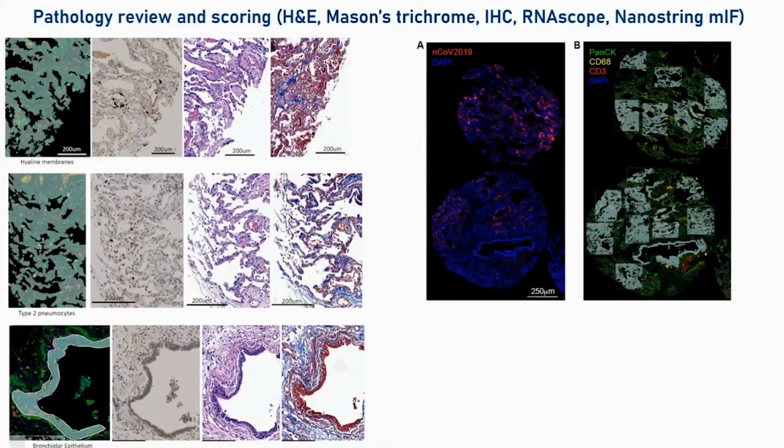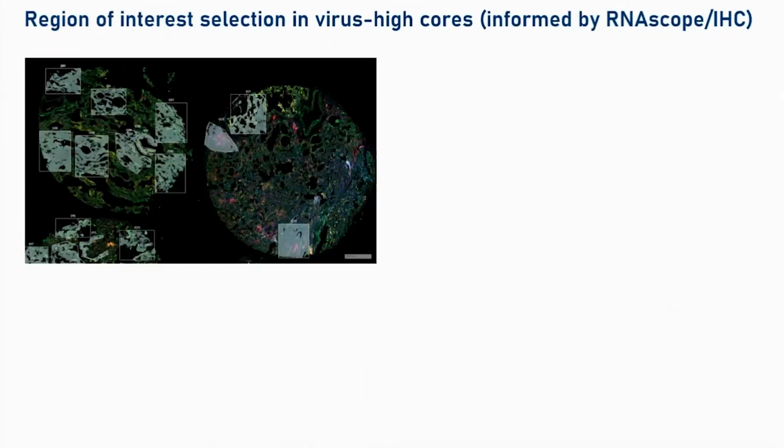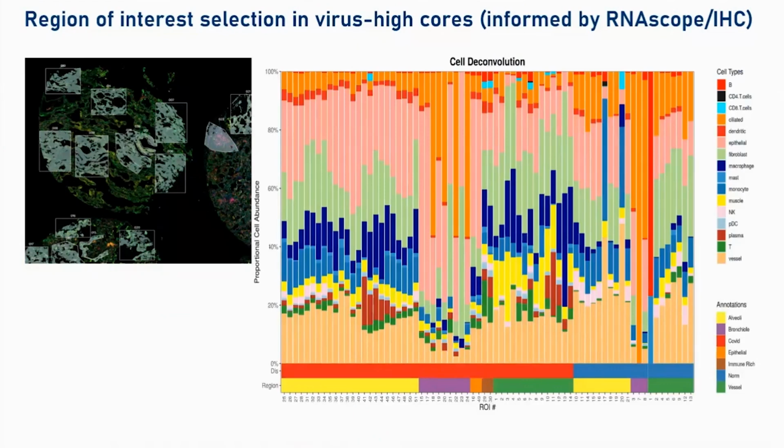So under the guidance of a pathologist, we could identify the hyaline membranes, the type 2 pneumocytes, the bronchoepithelial cells, and so on. And the beauty of the approach is that you can gate on these structures, such as the bronchoepithelial cells, or we could use the majority cell types within those regions of interest to profile. And so we could overlay the RNAscope data with the multiplex IF data, and then liberate the transcript data, and then interrogate the different cell types and what they look like. So this is what it looked like under the microscope.